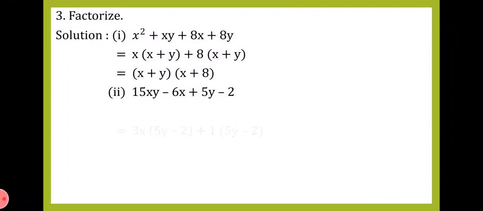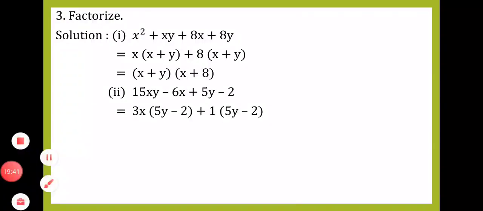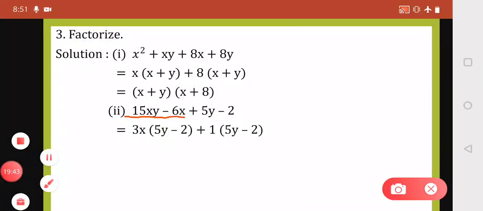Now taking out common from the first group, we have to take out the first common. You can see that 6 and 15 both come in the table of 3 together. We have to select the highest table, the biggest table where the given coefficients are common. So 3 we can take out, and both the terms of the first group have x the same, so we will take out x also common. So we have taken out 3x common.